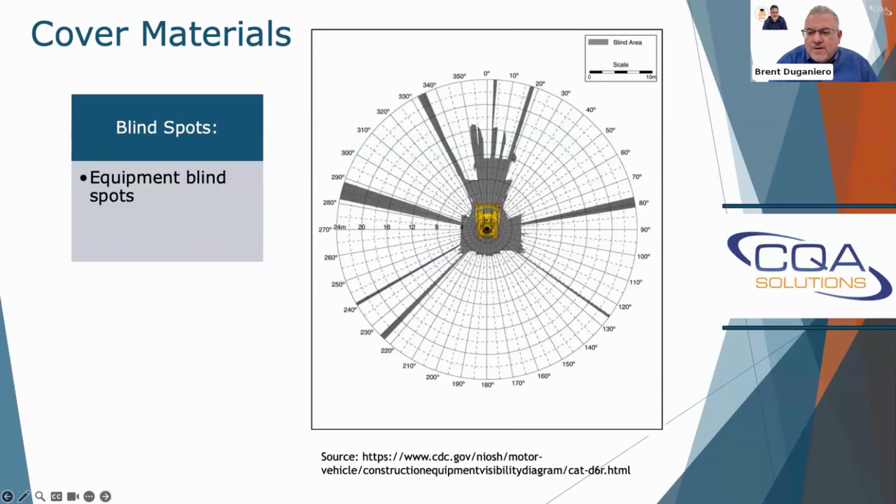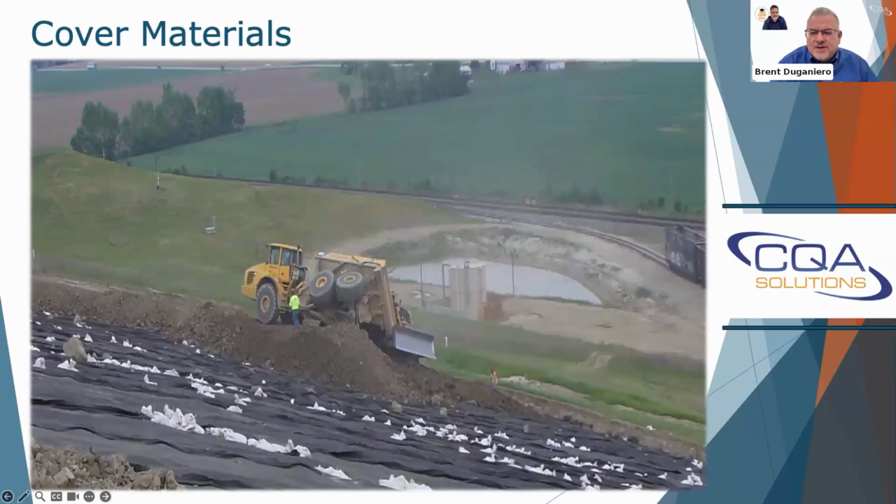Before you work around heavy equipment, maybe you pull up the blind spot diagram that can be found online. So this is for a D6 dozer. You can see this shows you all the blind spots on that dozer. Of course, if you have other attachments on that dozer, that could change and make the blind spots even worse. But that's something you can look at so you get an idea of what the operator can and